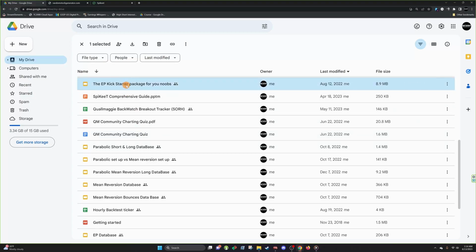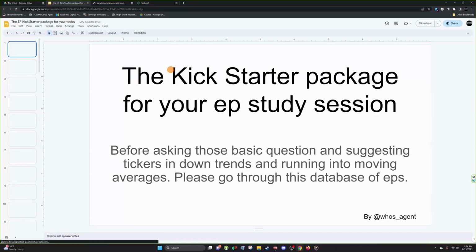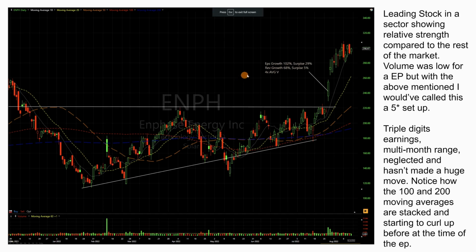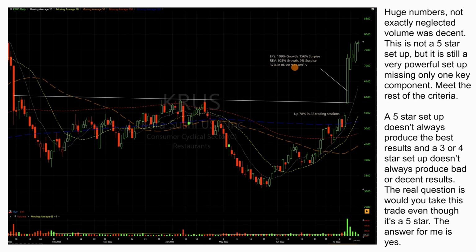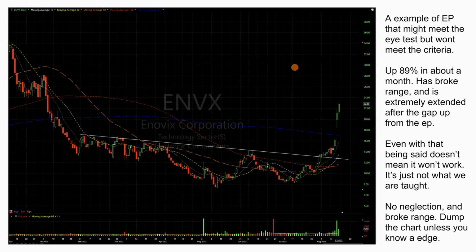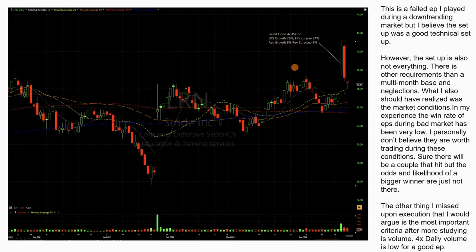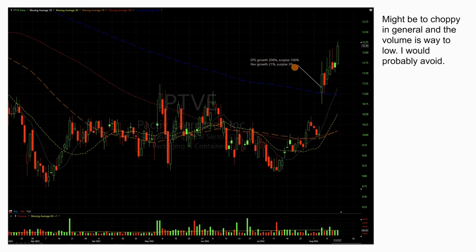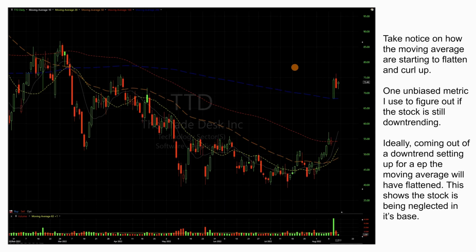So here's one of my databases that I created. As Q Maggie said, you want to have a database of at least 1,000 of these. So this database alone took like a day to create, and it's only like 60 setups or so. So this is just a bunch of different gappers, EPs, stuff of this nature. You'll see we'll get a lot more. I just inputted the condition, but you'll get a lot more just by simply